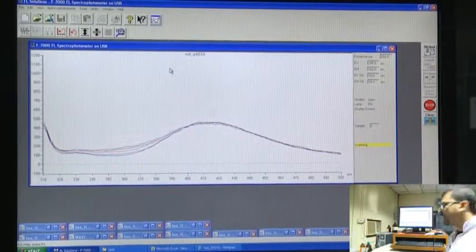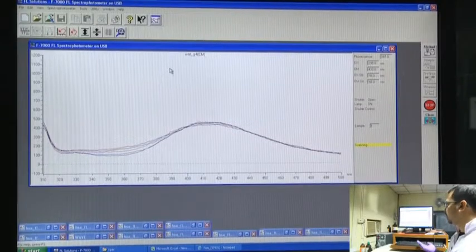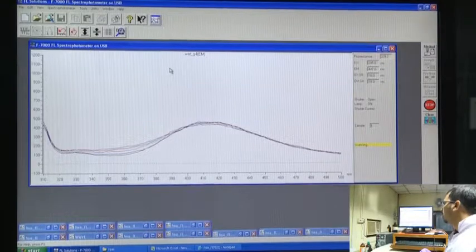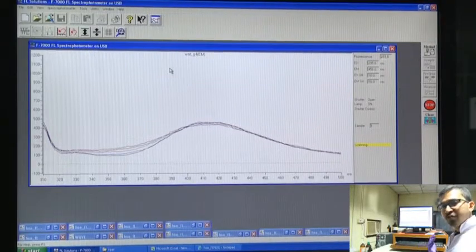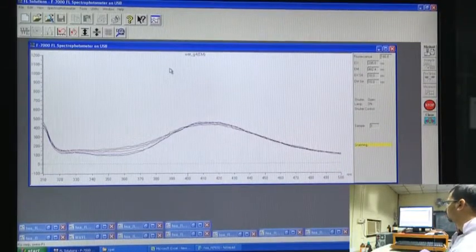Well, this data indicates that there might have been some changes in the tryptophan environment, since the solvent, that is guanidine hydrochloride, does not have that much effect out here. It does not have any sort of fluorescence peak or fluorescence intensity. So, the change in the fluorescence spectra of HSA is solely due to the denaturation of protein. So, let us check the other two values.